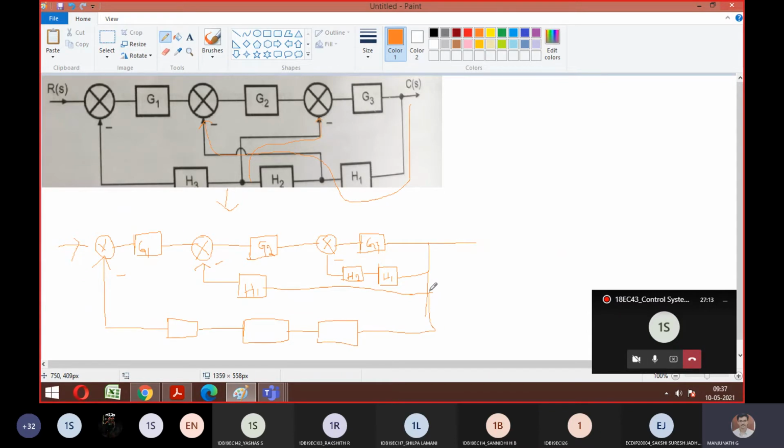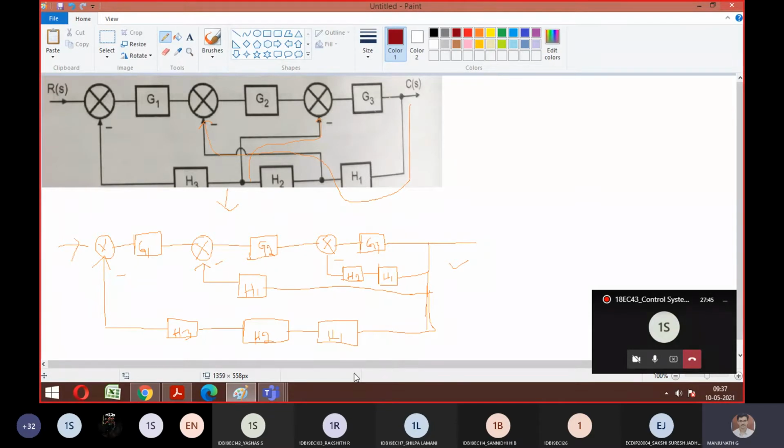So is it clear to everyone? Any difficulties to understand how we have separated the feedback path, not the summing point? We are not doing any change with respect to the feedback path. Is it okay, guys, to everyone? Now tell me, after doing this, from now onwards it will be easier for you. Correct? See, only in the first step you should be a little bit careful. Once you do this, then you can do the things easily.